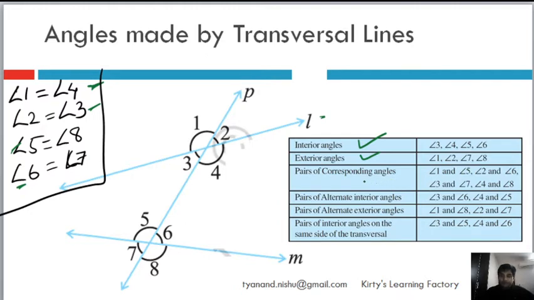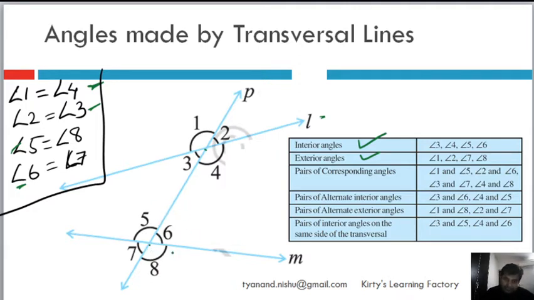Now what are corresponding angles? Okay, so there is a concept of corresponding angles. So angle 1 and angle 5. So similar angles which you see. Basically corresponding means now we will take both the points of intersection: one transversal and one line, and the same transversal and the second line.